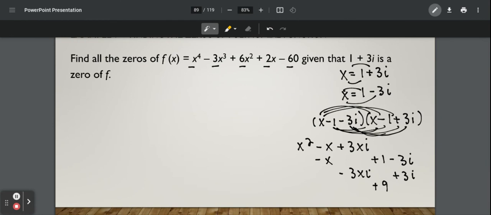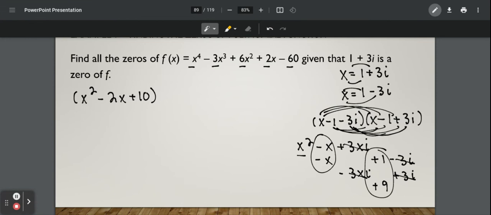So when I look to combine these, the 3xi, negative 3xi, negative 3i, 3i cancel. So now I know that x squared minus 2x plus 10, right? Because I have the x squared, I have minus 2x, and then plus 10